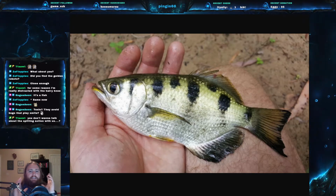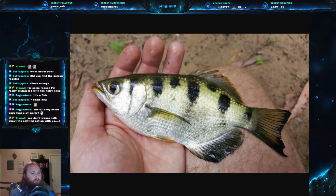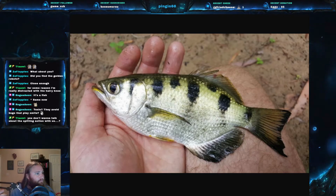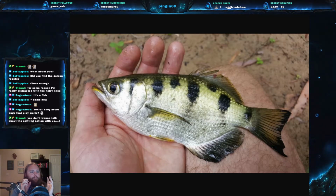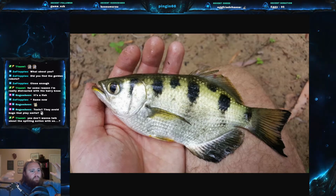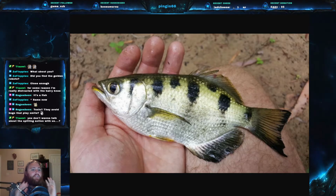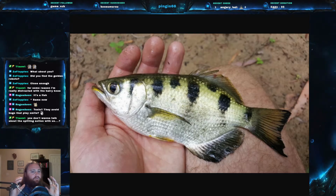And how it squirts the water after it breaks the surface is it basically forms a small groove in the roof of its mouth and its tongue. So you know how when you were younger you tried to roll your tongue, and some people can, some people can't. Basically the archerfish does that, and it forms that groove with its mouth and its tongue. And then it will take its gill covers, so right here, and bring in some water, and then squeeze them really hard, which forces water through that little channel, and it shoots a stream shaped by